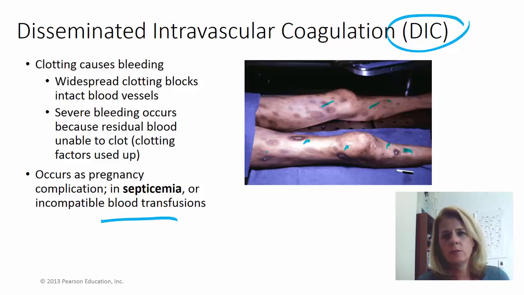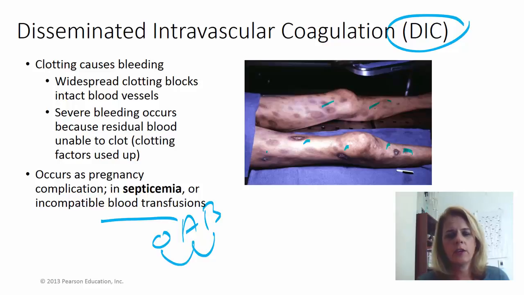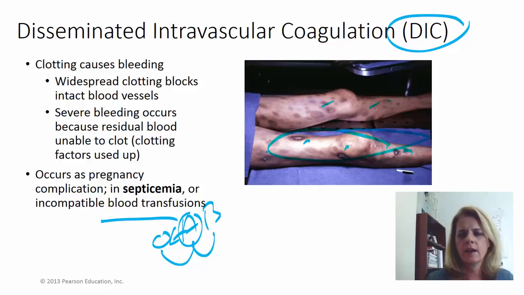So if you haven't done your blood types yet, we talked about you have A and O and B blood, and so everybody can't have everybody's blood. You have to be able to know who can give to who and who can take from who. And so that's why typing blood is so important. So if you were to give A blood to an O person, you'd have a transfusion reaction, and you might get something that looks kind of like this.